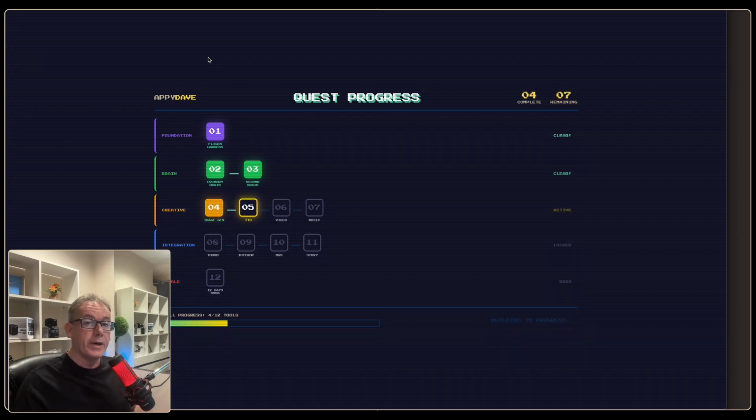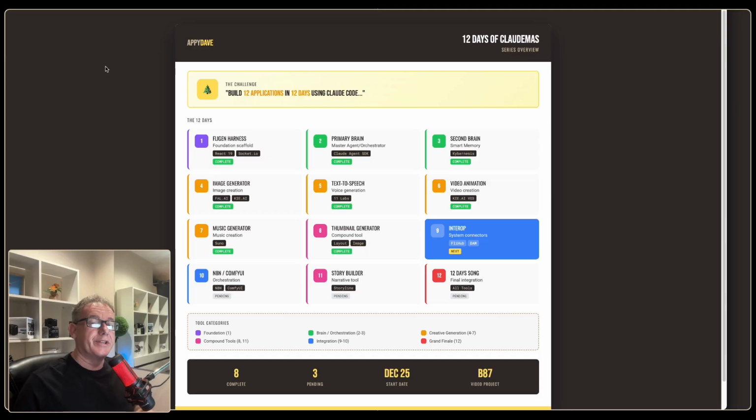After that, we've done a bunch of the generation systems. We've had images, we've had text to speech, we've got video generation, and we've got music. Yesterday, we built the thumbnail system. Today, what we're going to do is interrupt with other applications. Now, when I say interrupt, what I mean is connection to other applications to get context that we can use